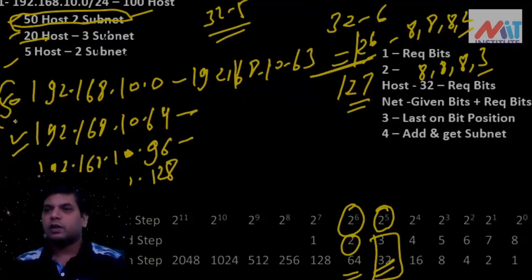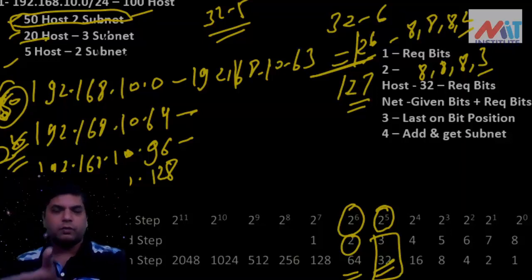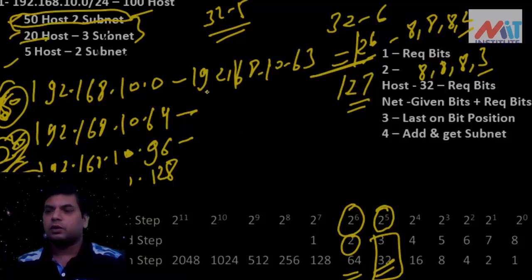This network has a 50 host requirement, and this will have 20 hosts, and this will have 20. These networks will have more networks. The first network will have 64 hosts, and the second and third have 32, but the requirement is completed. Okay, this network will go to